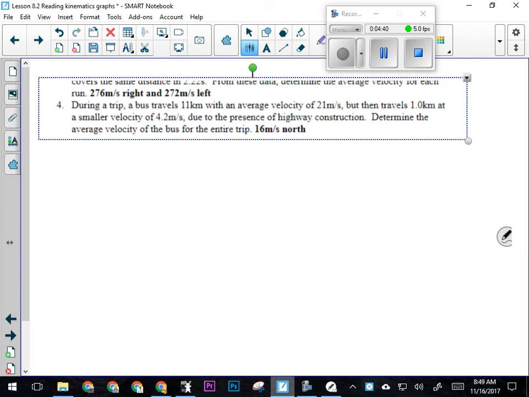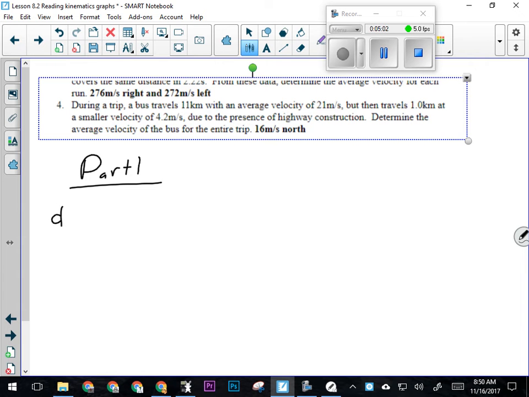Okay, so we have the bus travels 11 kilometers with an average velocity of 21. So that's telling us just the average velocity for part 1. Not to be confused, because I think the average velocity thing is confusing people a little bit. If it's the average velocity over the whole trip, that would be something else. So in part 1,